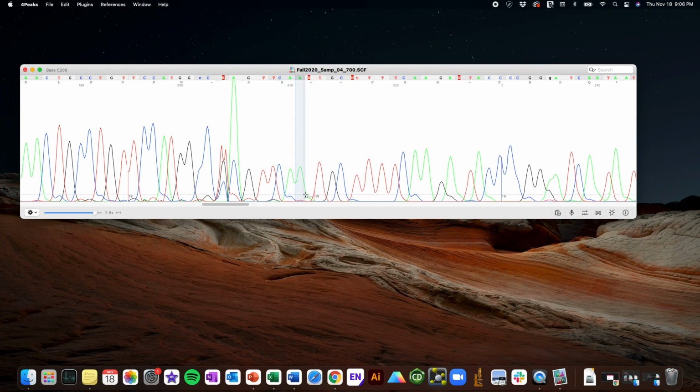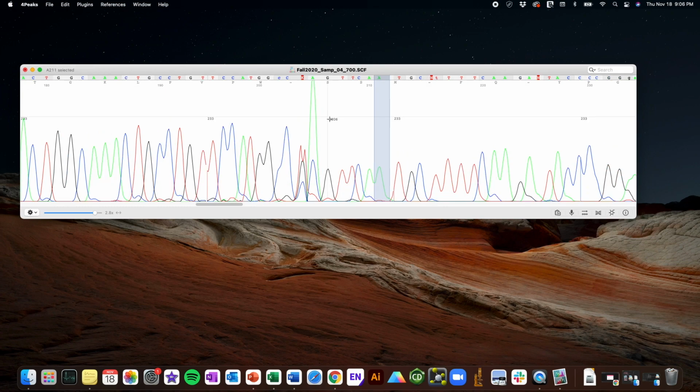So in this example here, I'm showing what to do in case you need to change a base that was called. What you're going to do is double click on the letter up there, and then you can change it to whatever you want. You can do this for the lowercase letters: if you look at the chromatogram and it looks okay and you feel confident in calling that, you can change that to a capital letter to denote that it's confirmed